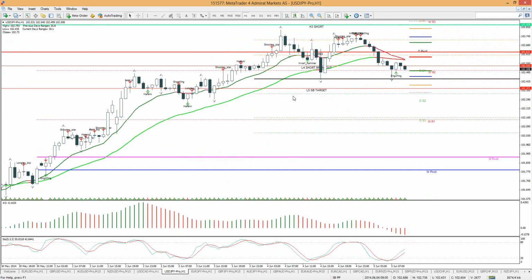Dollar yen, I would skip too. Also doesn't look that interesting, unless it gets all the way back to the monthly and weekly pivot point and bounces off of that. That would make things different, but otherwise,